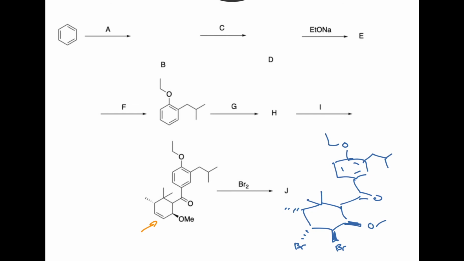As someone pointed out, the given product here at the end with the six-membered ring, the cyclohexene, is going to come from a Diels-Alder reaction. So we can undo this ring. These electrons can come here, these electrons can go there, these electrons can go here. So we're going to end up with